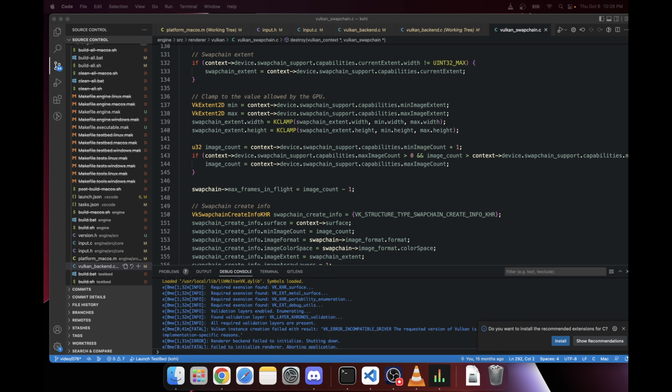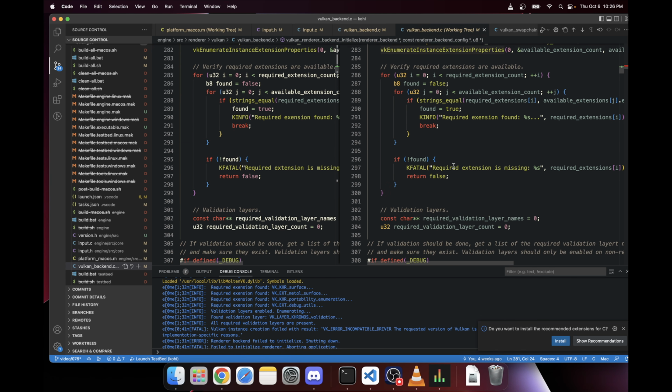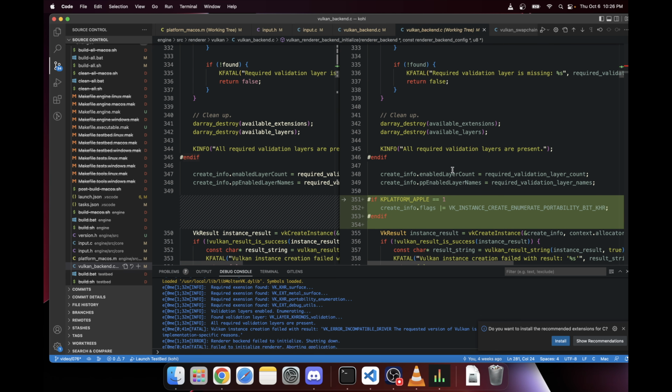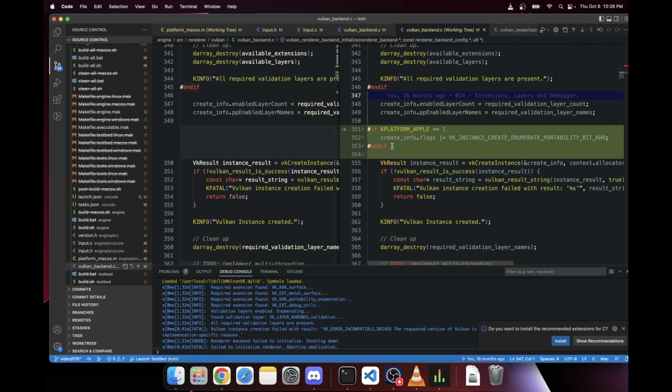I thought it was in. I think it is in Vulkan backend. Am I just missing? Oh, yeah, here it is, right here. Okay, so this is the other change,